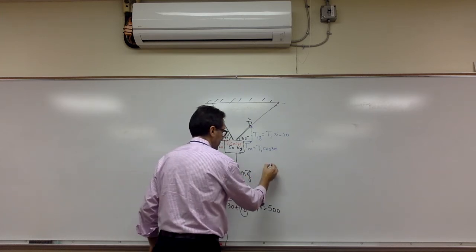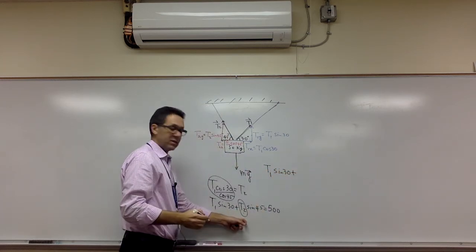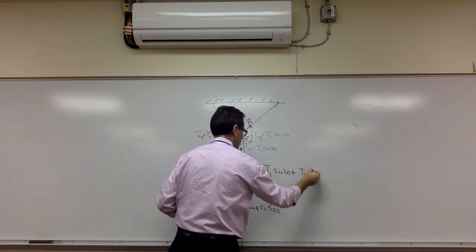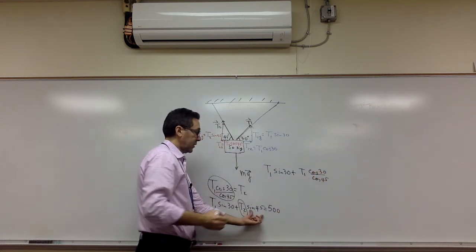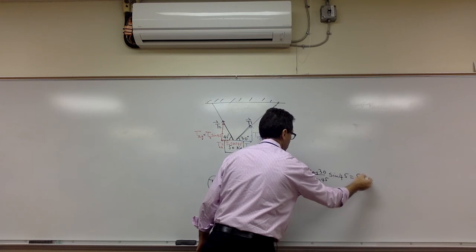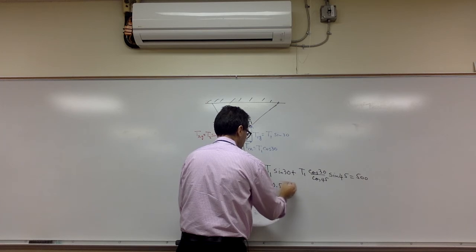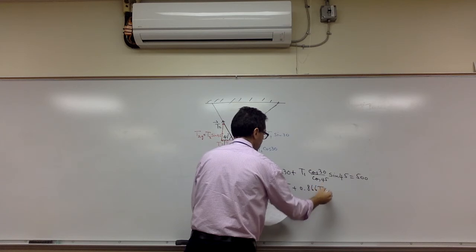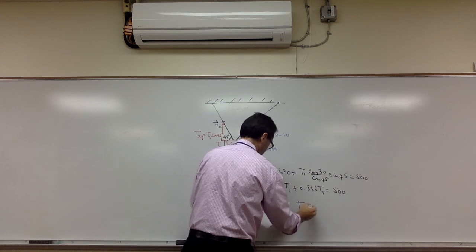So let's see what it looks like. So it's T1 sine 30 plus, I'm not going to write T2, I'm going to write this expression for T2. So that's basically T1 cosine 30 over cosine 45. And don't forget that the sine of 45 is still there, equals 500. Well, I did the math, so this is what I got. I got 0.5 T1 plus 0.866 T1 equals 500. And if you do the math correctly here, you get T1 to be